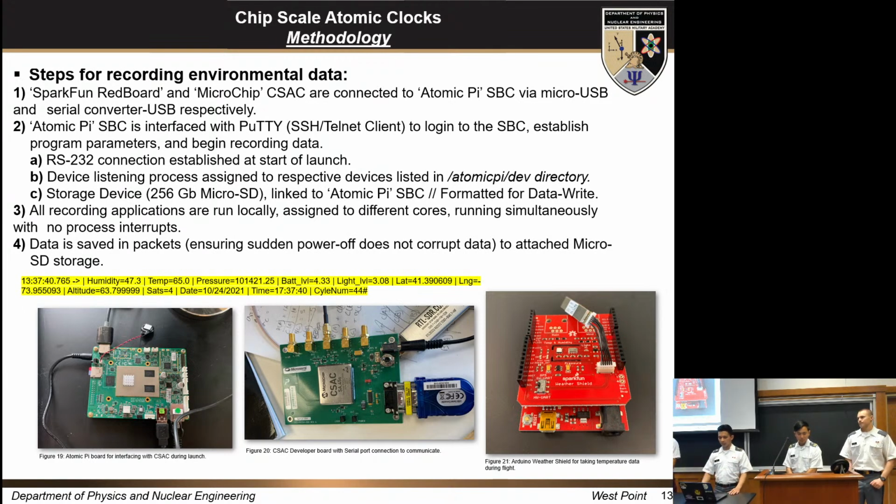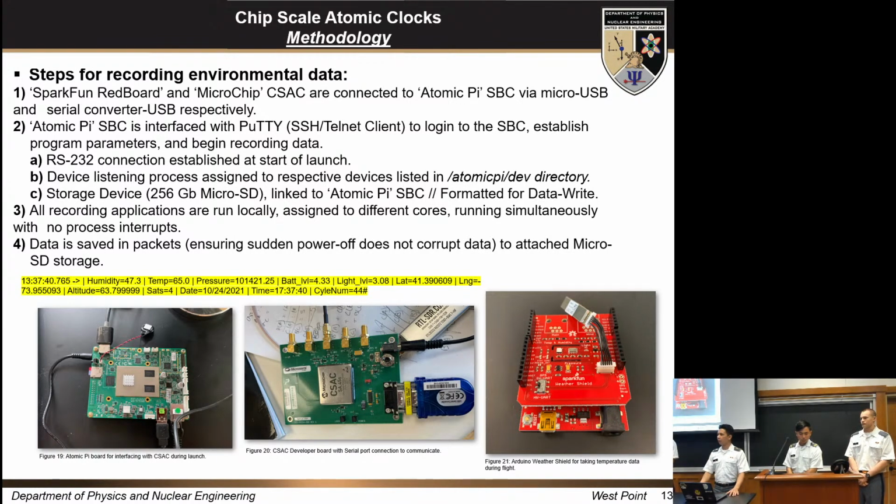The CSAC is labeled in figure 20 right there in the middle, and then figure 21 is our weather shield that gathers environmental variable data. Each one of these is connected to the Atomic Pi via a serial port and is listened to on a specific directory. The storage device will then format for data write, and we ensure that our data is saved in packets. Because our high altitude balloon operation is risky in the sense that power loss can occur at any time,